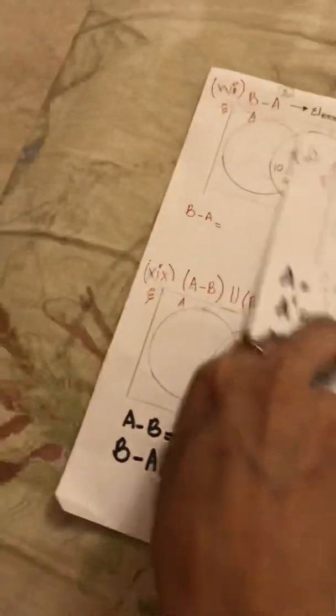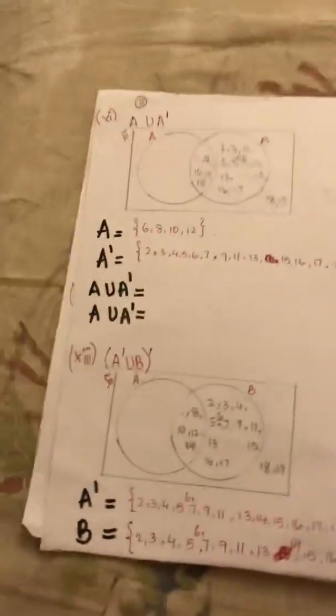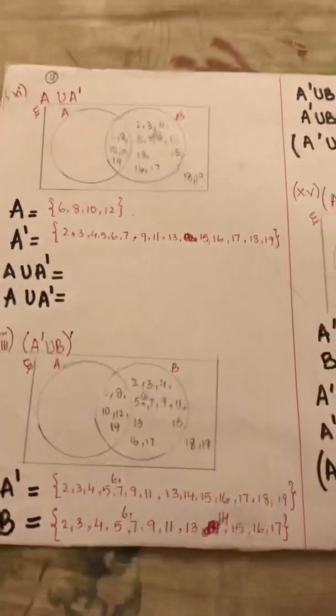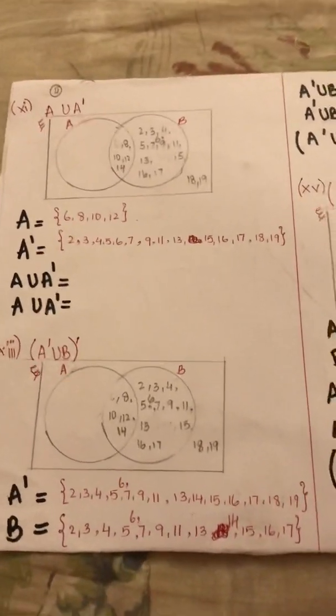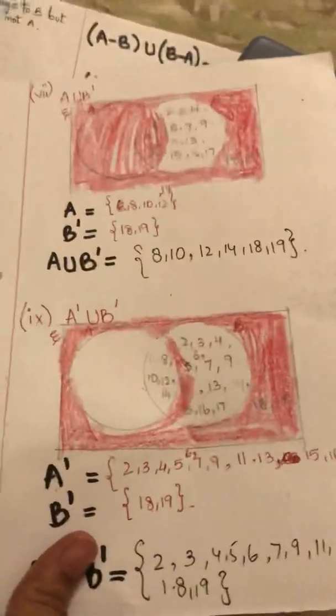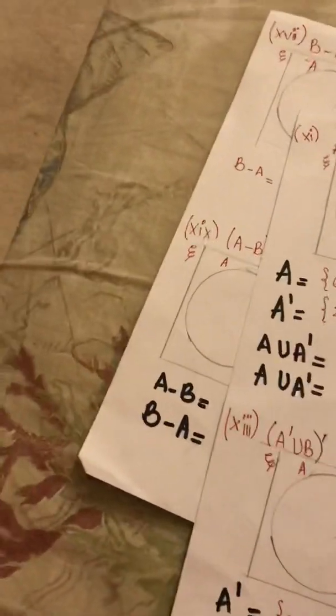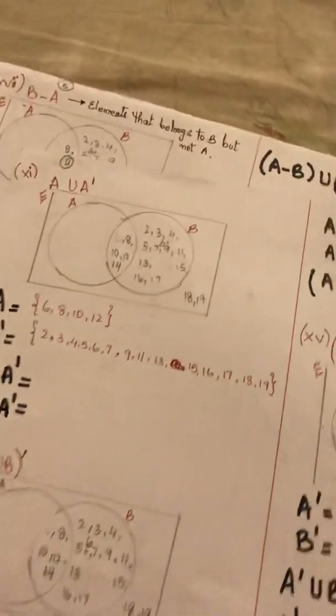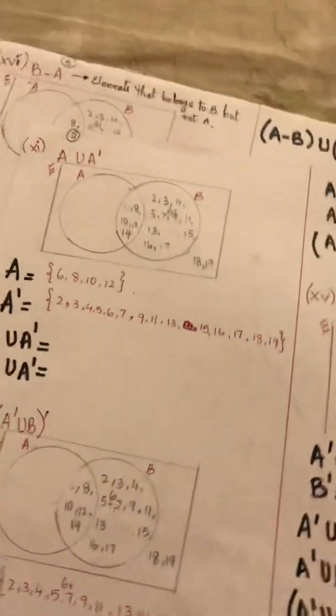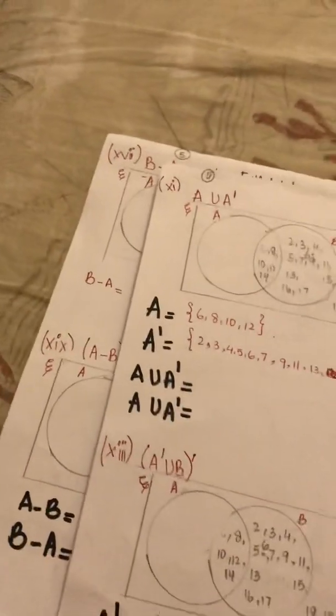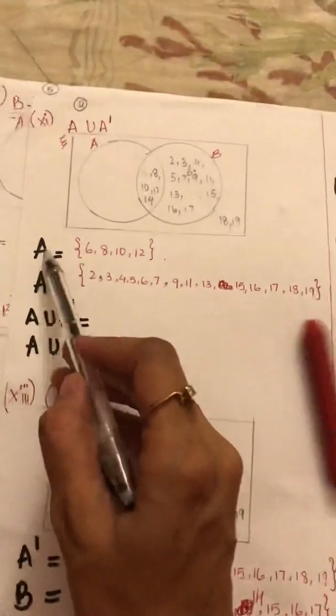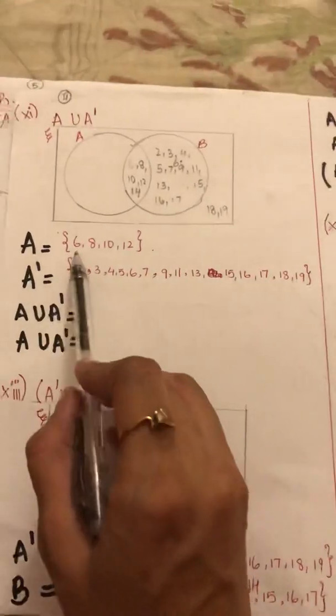I'm using a crayon because crayons work very quickly. This was our part 9. And now we are doing part 11. Part 11 says A union A complement. So A is this